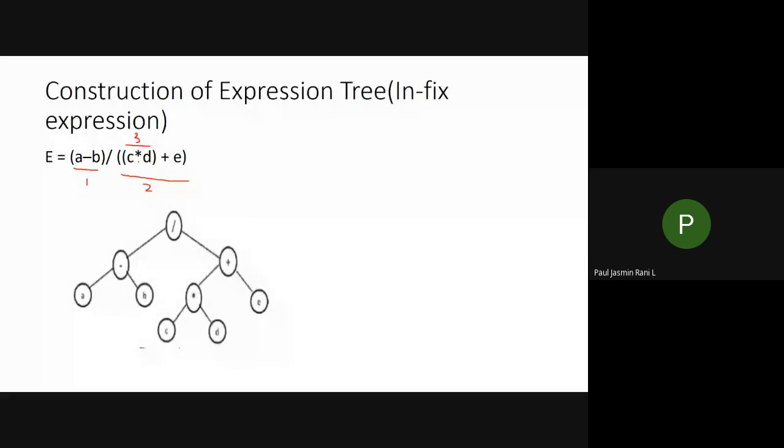1, 2 or 3? Yes, among these, star gets executed first. Exactly. So you are going to execute the star first, isn't it? So I am going to give a preference to the star; let it be preference 1, that is, first I am going to execute only this operator. So I'm going to mark this one as 1.